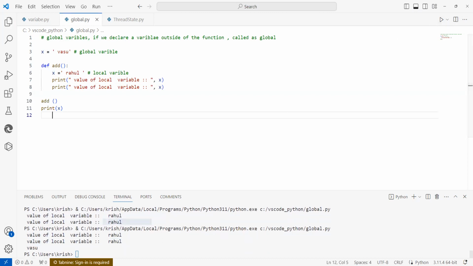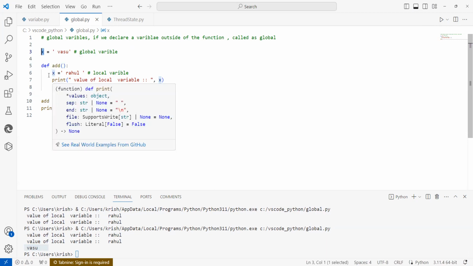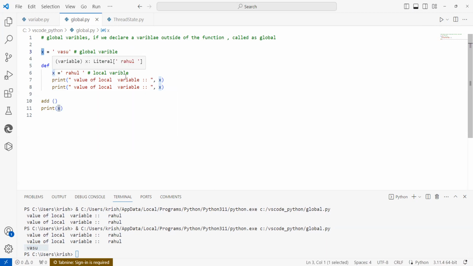So if you declare a global variable outside of the function and inside the function you declare a variable with the same name, that is called a local variable, and it retains its own value. But your outside global variable